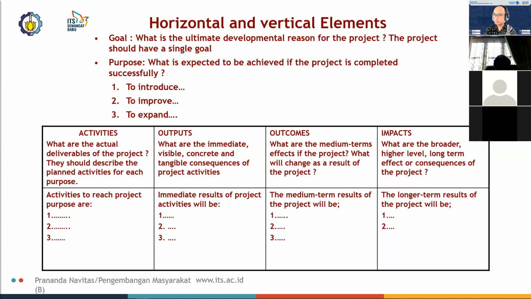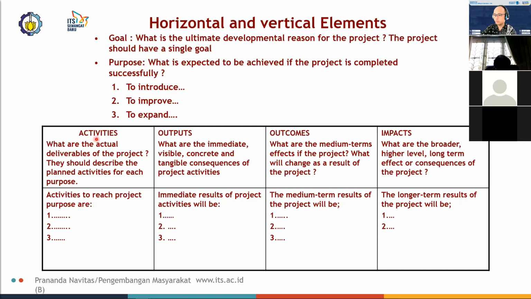This time, this is the RBM matrix, where you arrange horizontal and vertical elements and express your goals in writing. What is the ultimate developmental reason of the project, and then what the purpose of the projects are,